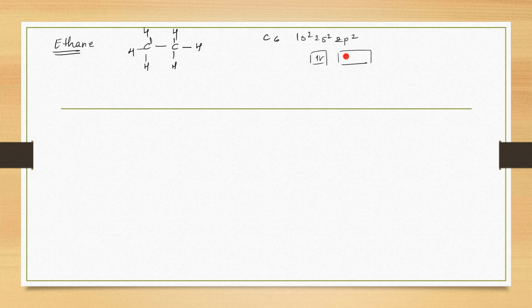I'll not go into this, you have already watched it. Now I will write the formation. So carbon, carbon. Now the hybrid orbitals. There are two carbons, so I will write C1 and C2. Four sp3 hybrid orbitals are there, each one having one electron. So there is one carbon-carbon bond. That means this overlap will take place. Then the other ones are for hydrogens.